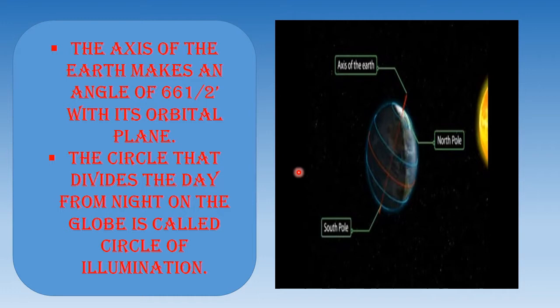The earth receives light from the sun, but due to its spherical shape only half of it gets light from the sun at a time. The part of the earth which is facing the sun will get the light, so that part will be day. The earth takes 24 hours to complete one rotation around its axis. The period of rotation is called earth day, and our earth day is equal to 24 hours.